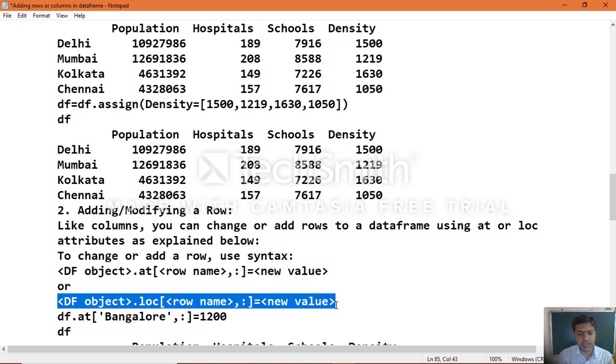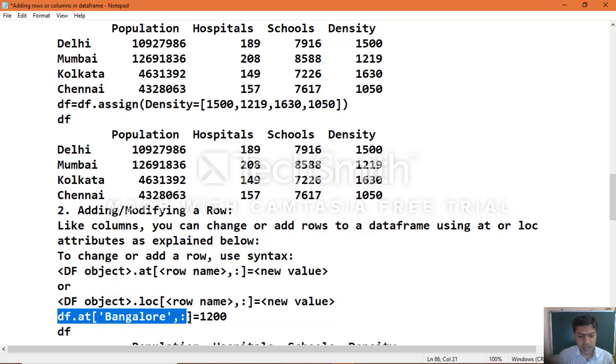If the row already exists, it will not make any changes. If the row which we are trying to add does not exist, then it will be newly added to the existing data frame object. And the syntax which you follow here, for example, data frame object dot at of the row